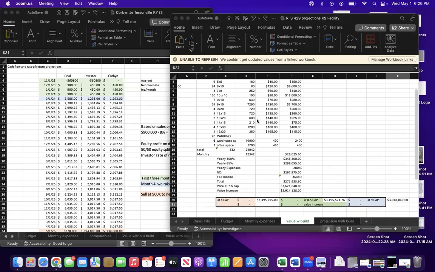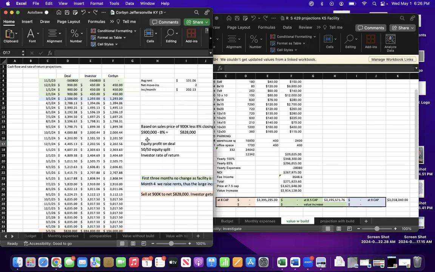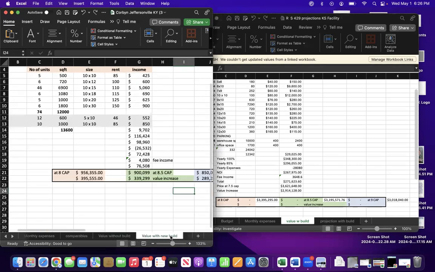Hello, the initial task that I would like to have done is to take this spreadsheet, the one that says Corbin, has all the numbers in it that I need. So, for example, this is the value with build. So if you go to the value,